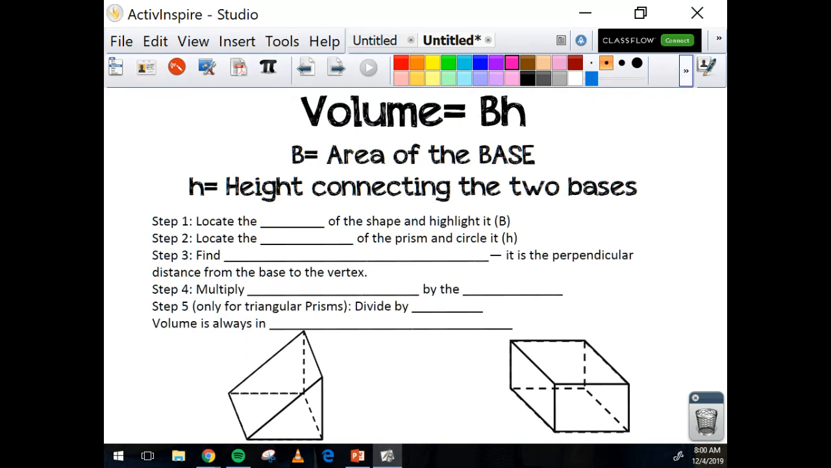is locate the base of the shape and highlight it. Then you're going to locate the height of the prism and circle it. This is so that you can kind of get rid of all of the numbers that you don't need. Then you are going to find